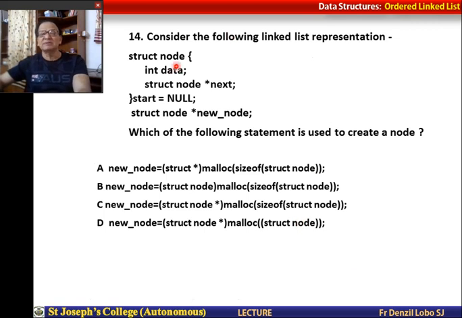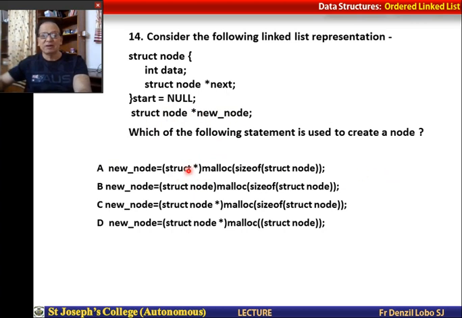Consider the following list representation. Struct node has data and next; start is equal to NULL. Struct node star new node is the pointer. So how do I allocate memory to new node? As given here, which one do you select?